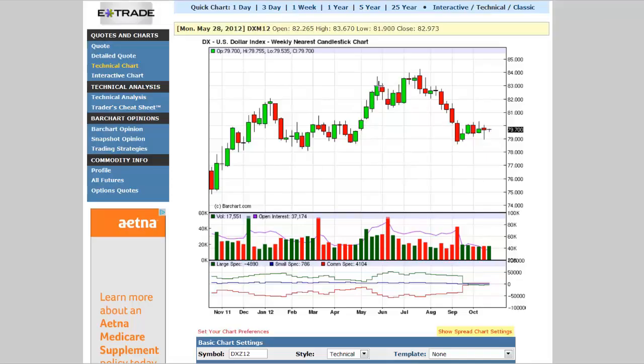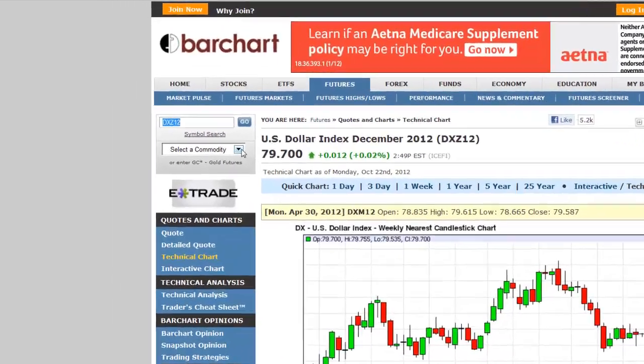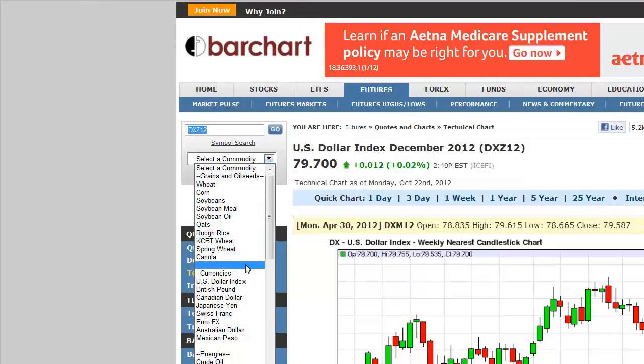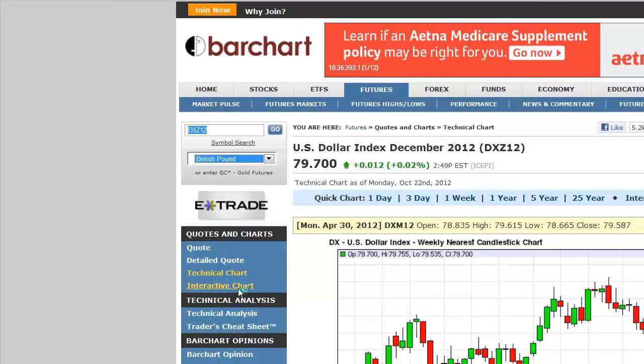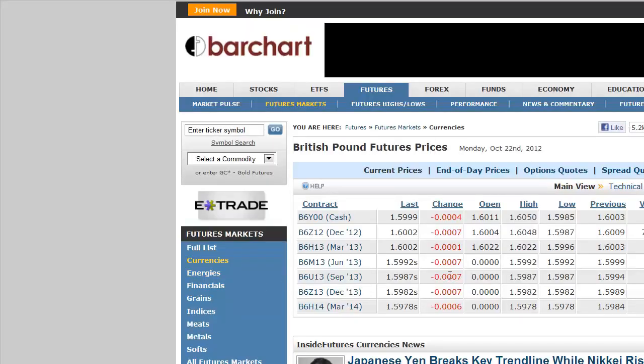Okay, so now let's look and see if we have that same thing occurring in the British pound at the same time frame in this year, in the spring. So let's go back over to the commodity tab, and we're going to go into the British pound. We're going to use the nearby contract,